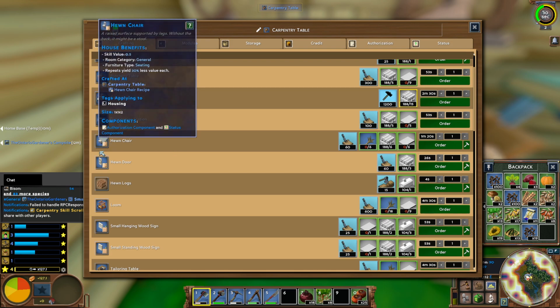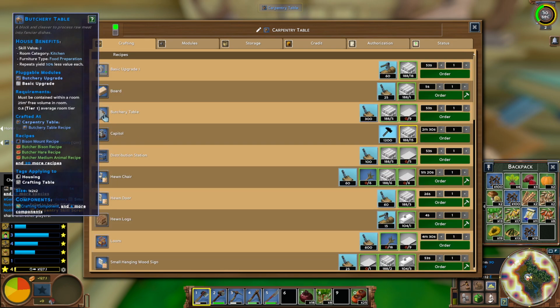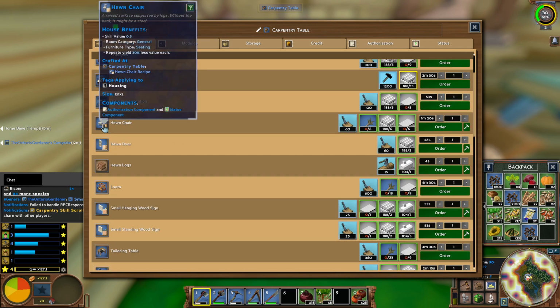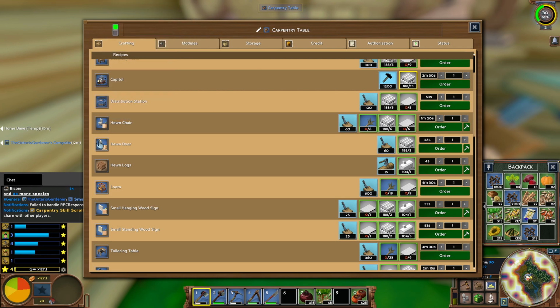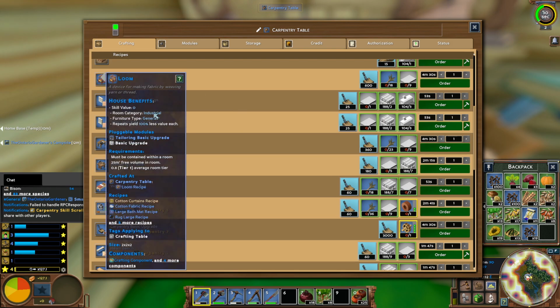This is 0.5. Doors give you nothing. A butchery table gives you 2. And then it has a repeater, so 50% less each value. So the next one I put down will be worth 1. The next one after that will be 0.5. The next one after that will be 0.25, etc. So eventually you get diminishing returns where it's not worth doing. The chairs are one of those because that's 30% less each value. Let's see, what else do we have? Looms. Does loom give you anything? No, because anything that's considered industrial gives you no...